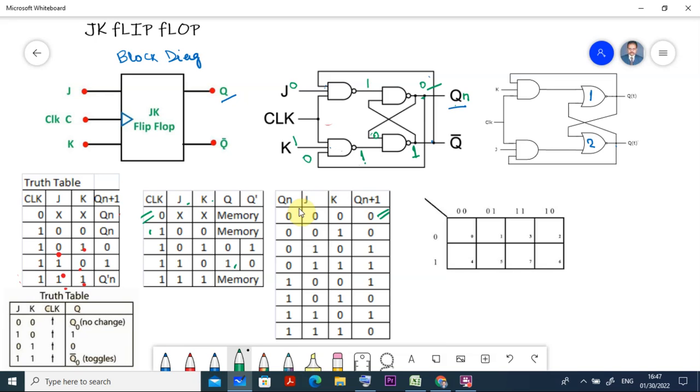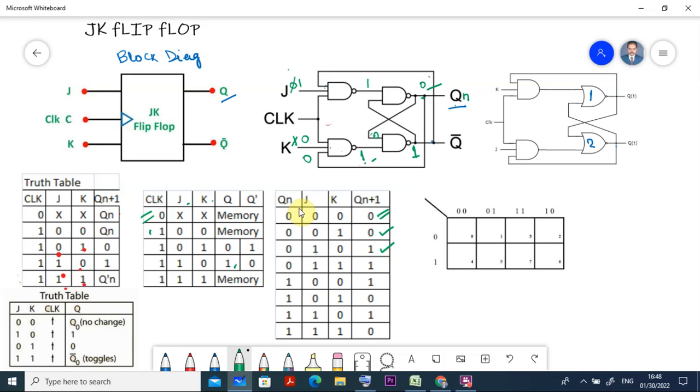Like that, whenever I take j is equal to 0 and k is equal to 1, as you go on changing, the same state remains, equal to 0. But when you change j is equal to 1 and k is equal to 0, you can check one by one. Suppose I put j is equal to 1, this case I am going to explain, the remaining you can do. When j is equal to 1 and k is equal to 0, when any of these is 0, it becomes 1 as it is, there is no change.